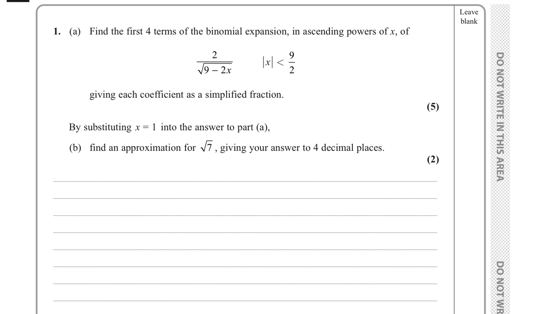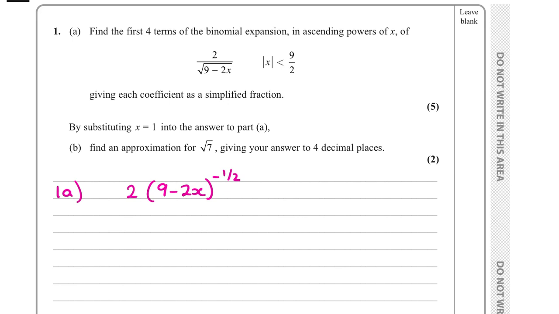Okay, question 1A. Find the first four terms of the binomial expansion in ascending powers of x, giving the coefficients as simplified fractions. Okay, so with 1A, let's first of all write this in index form. So we're actually having two lots of 9 minus 2x to the power of negative a half. Now we know when we're dealing with fractional negative indices, we actually need to